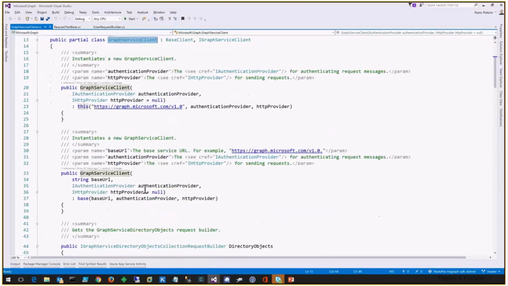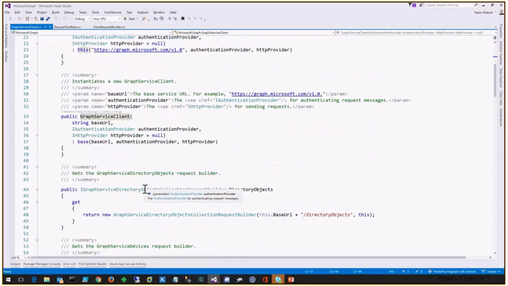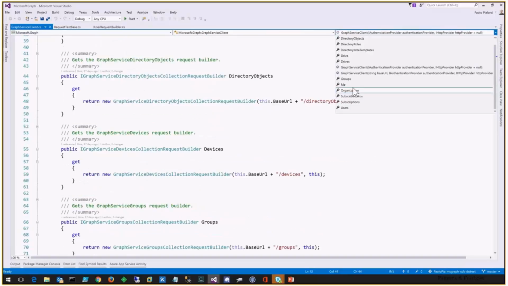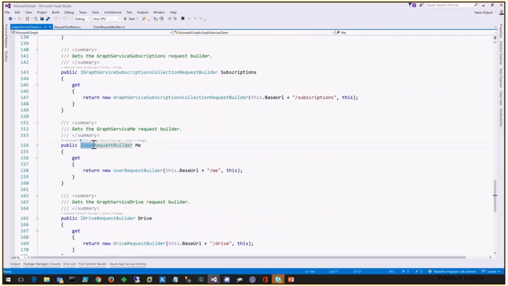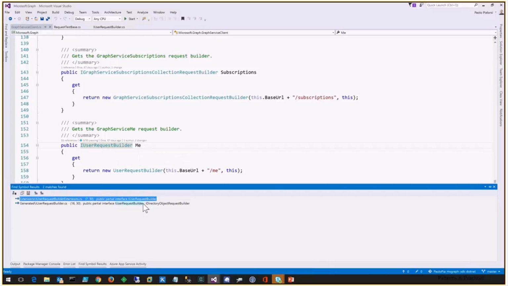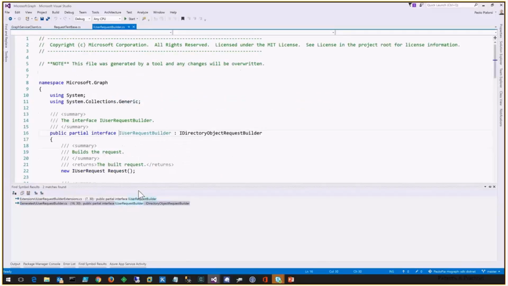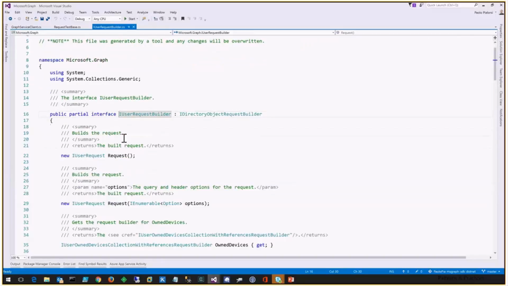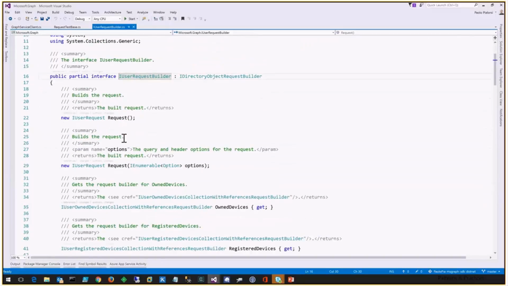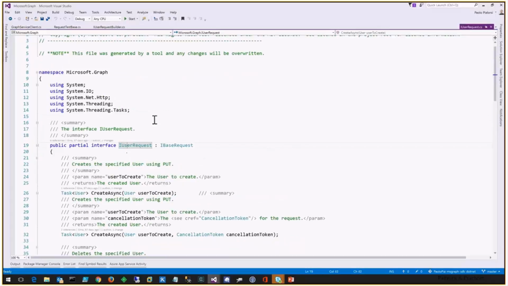If I scroll a little bit down, or if I search for the me property, you can see that the me property is a property of type IUserRequestBuilder. Well, if I go to see the definition of this request builder object, I will be able to see that it is an interface auto-generated by Vipr, which gives me a request object, through which I will have an IUserRequest. The request object will be the one which creates the HTTP request for me. In fact, if I go to see how it is defined and implemented,